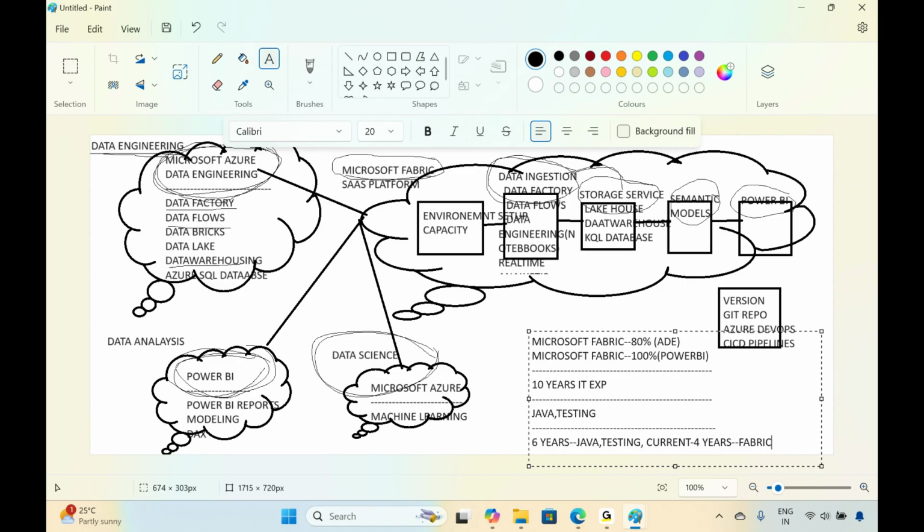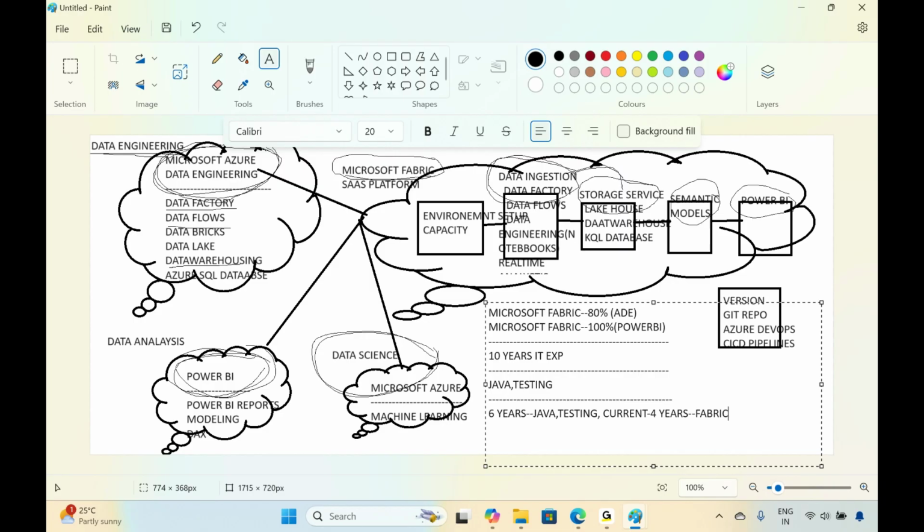But before Fabric, there was Power BI and there was data engineering. So you can simply tell them I was working on Azure data engineering for the last 2 years. I implemented